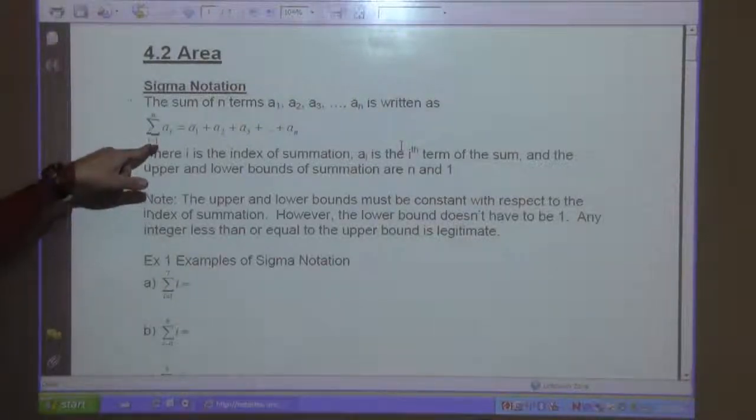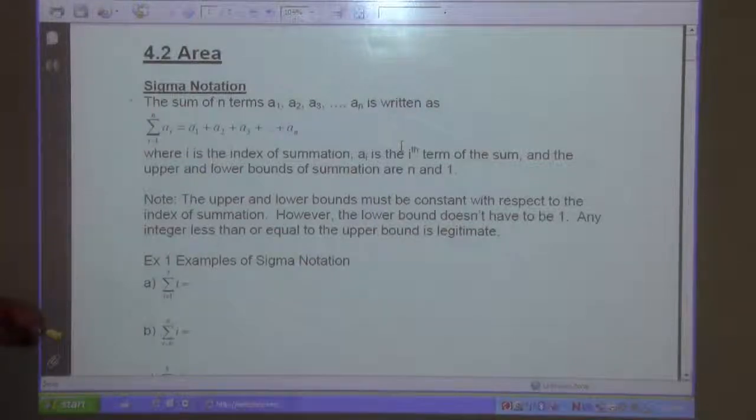So you couldn't say it goes from i to 2i, that wouldn't make sense. However, the lower bound doesn't have to be 1. Any integer less than or equal to the upper bound is legitimate. So for example